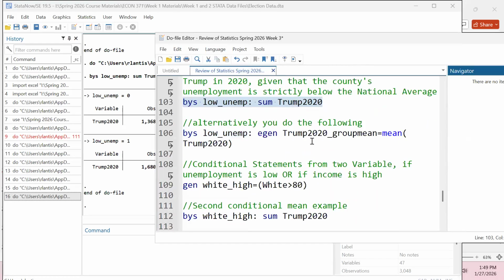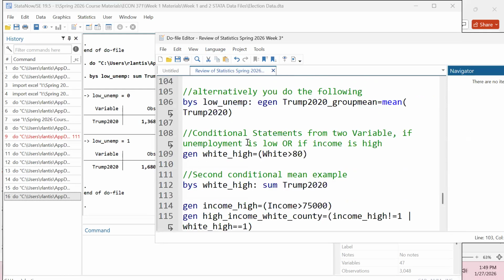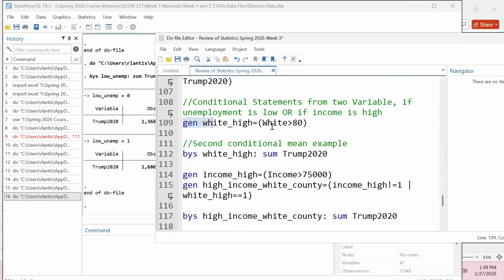So if I come down here, I could generate group means. We're going to skip over this for today. We want to get to something that's a little bit more decipherable based off what we talked about today. So we're going to skip down here. I think I had some other variables created just out of interest. So I'm going to generate this dummy